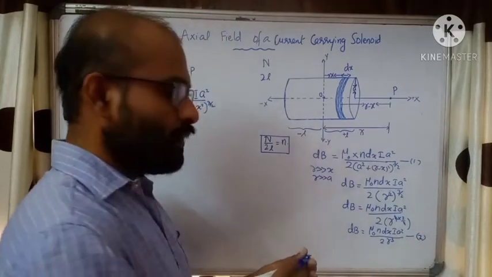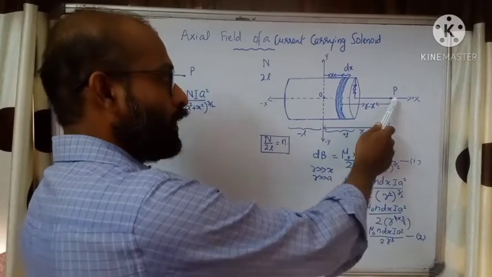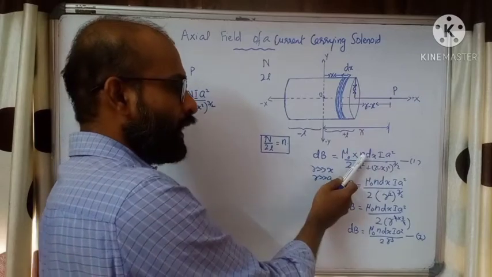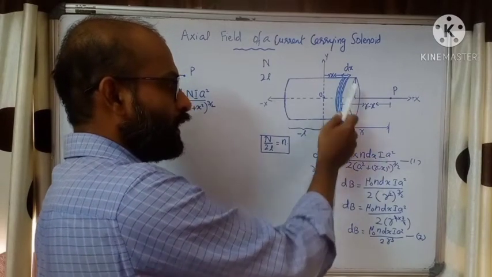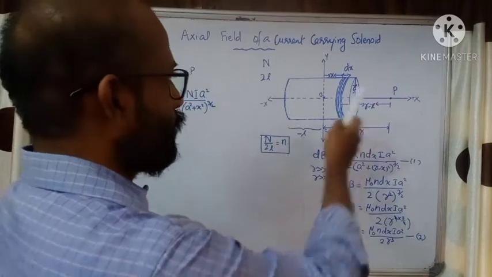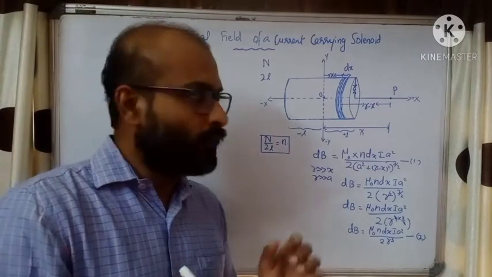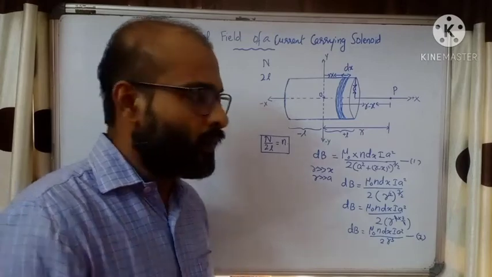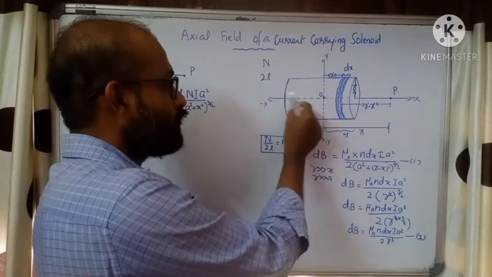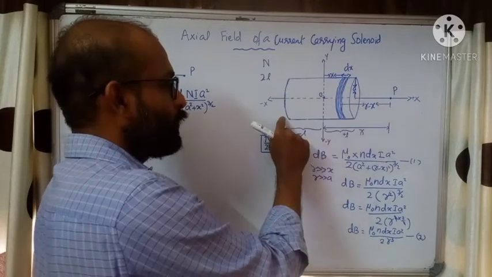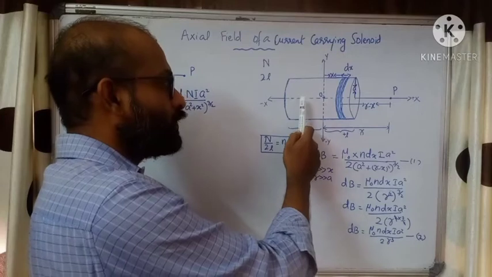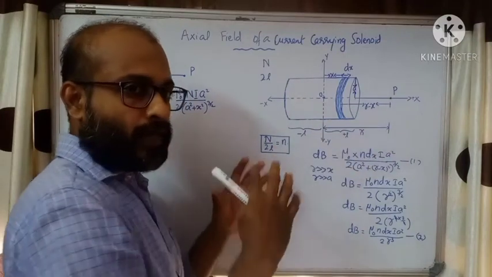So we have got the equation for the magnetic field at the point P due to the circular coil having width dx. Within the width dx, how many turns are there? n into dx. Then I is the current carried, a is the radius of the solenoid. Now our aim is to find the magnetic field along the axial point due to the entire solenoid. So far we are concerned with only a small portion of the solenoid. Such small circular coils we can consider from here to here, everywhere. We need to find the magnetic field due to each circular coil at the point P. Then we need to sum up.